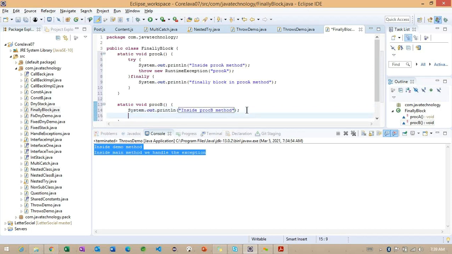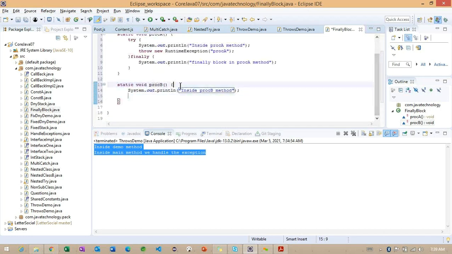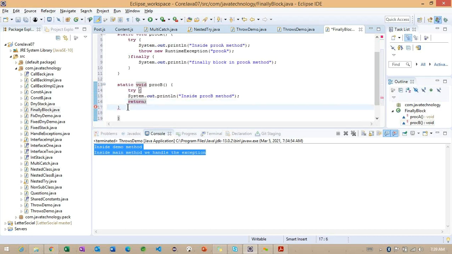Okay. What I'm doing here, I'm not, sorry. So we want to provide the try block. I want to simply return here. I'm not going to write anything here. Again, what I will do, I'm working with the finally block.